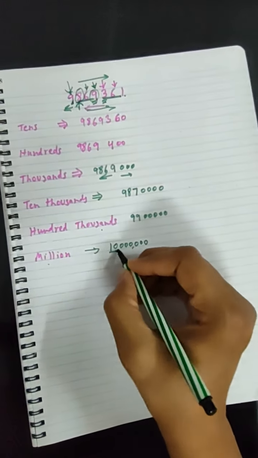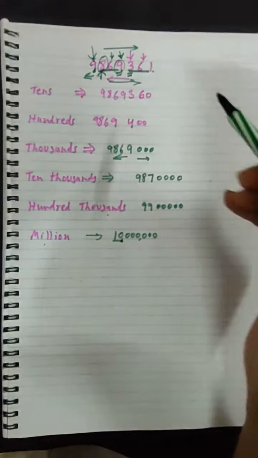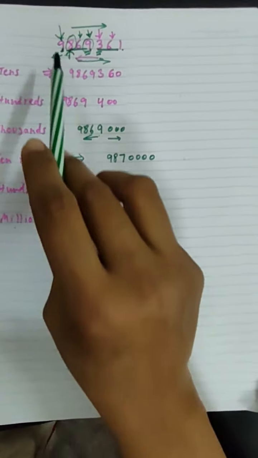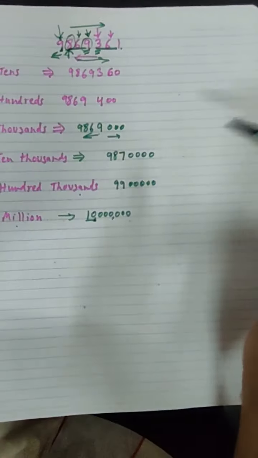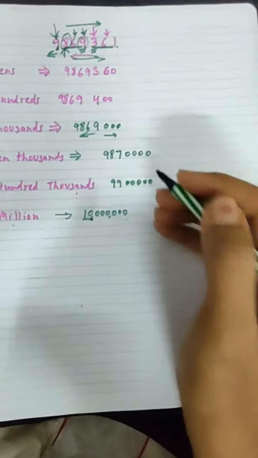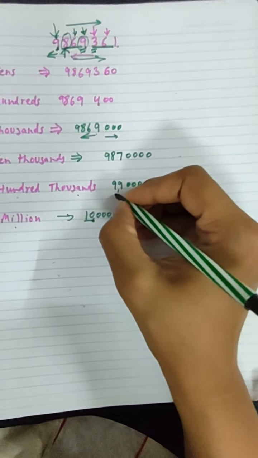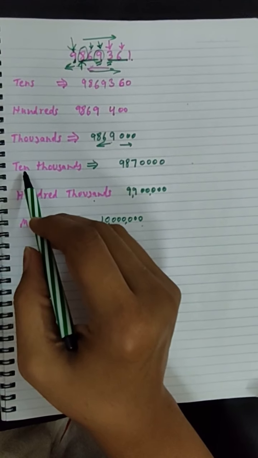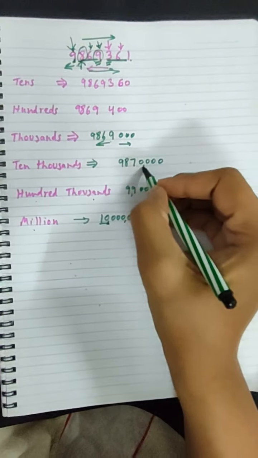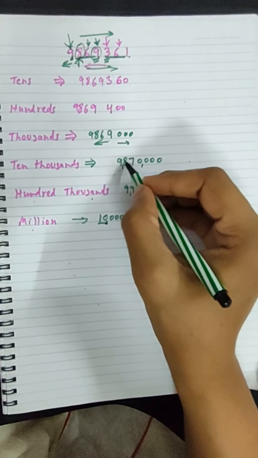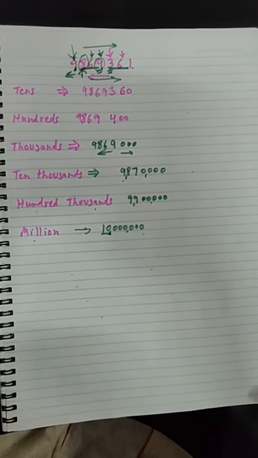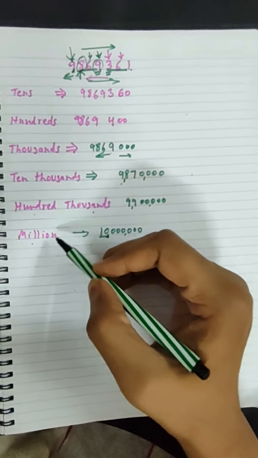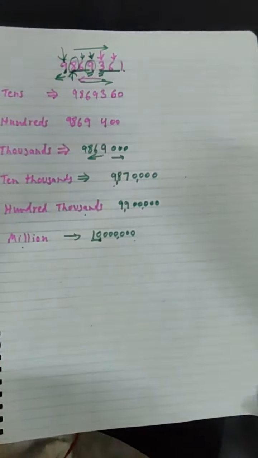You can also put commas if you like. So this number is rounded off to 10 millions when you had to round it off to millions. While rounding it off to 100,000s, it has become 9,900,000. And while rounding it off to 10,000s, it has become 9,870,000. This rule can be applied for rounding off the numbers bigger than millions place.